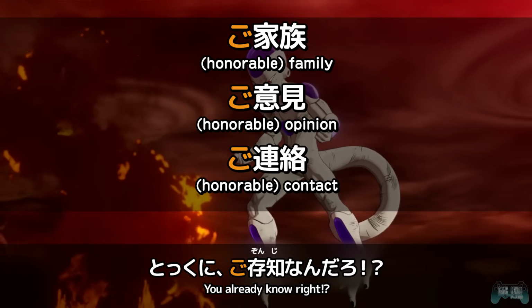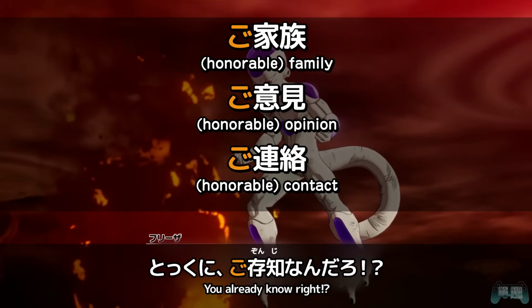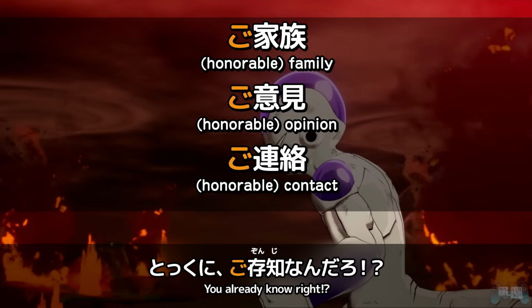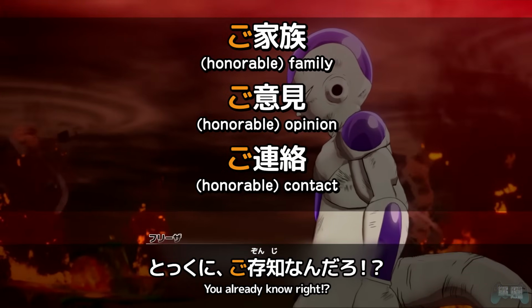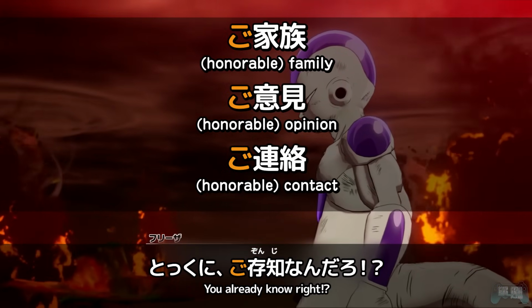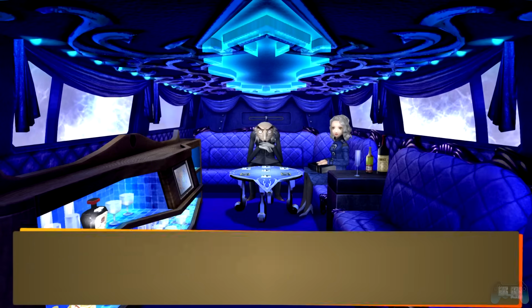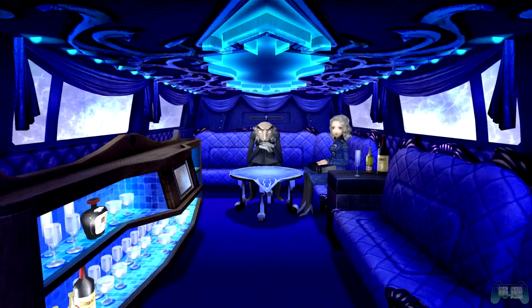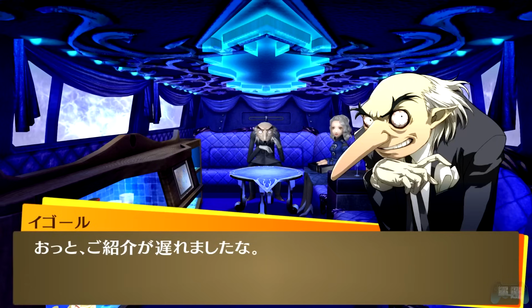If you were to talk about someone else's family, especially with someone that you're not close with, you would want to use this go-kazoku to be as polite as possible, referring to their family. And so, seen used here in Persona 4, where Igor says,